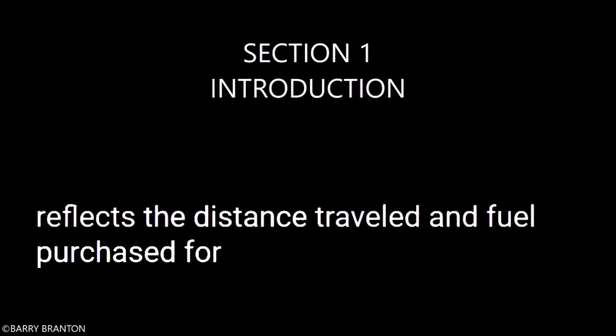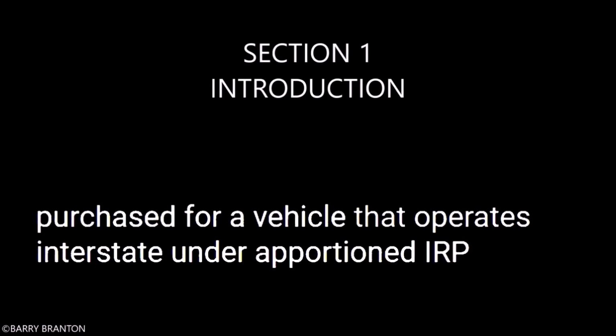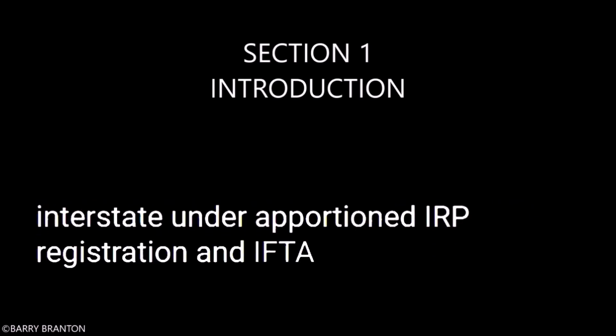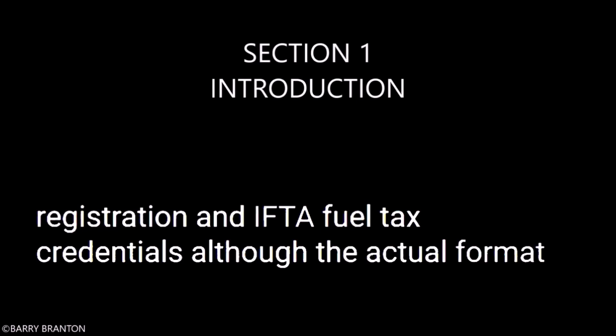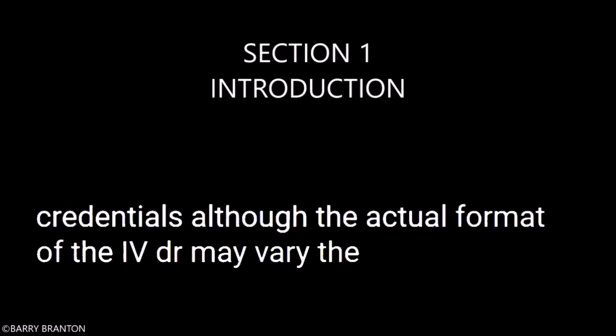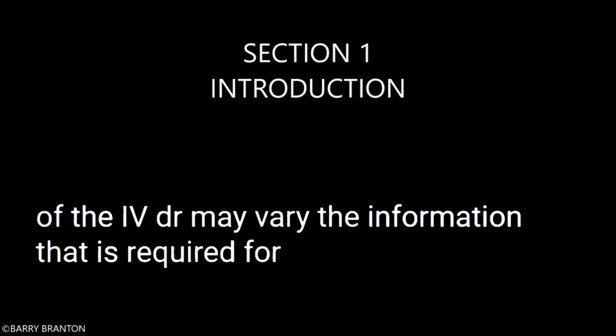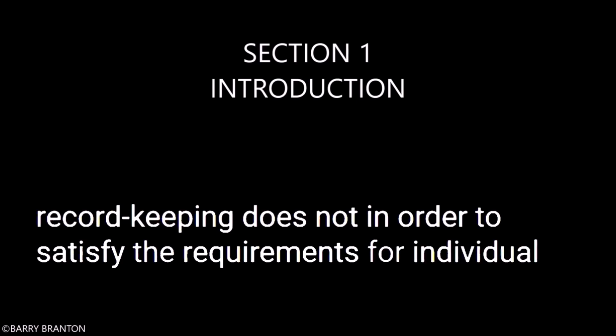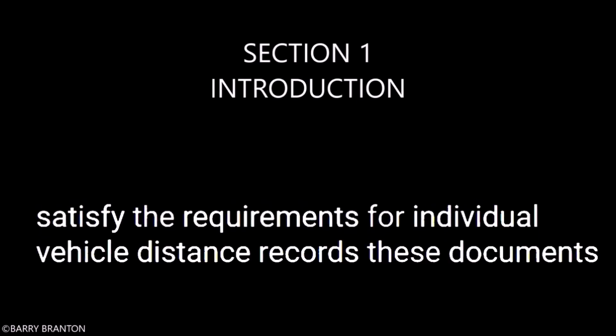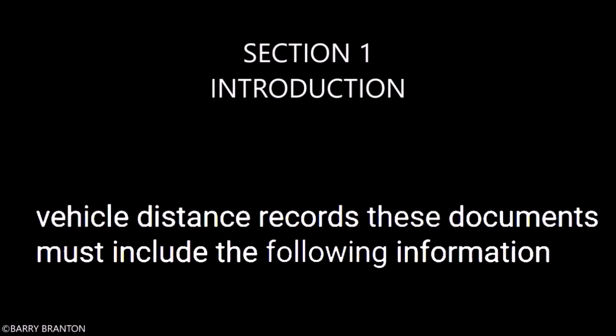This document reflects the distance traveled and fuel purchased for a vehicle that operates interstate under apportioned IRP registration and IFTA fuel tax credentials. Although the actual format of the IVDR may vary, the information that is required for proper record-keeping does not. In order to satisfy the requirements for individual vehicle distance records, these documents must include the following information: